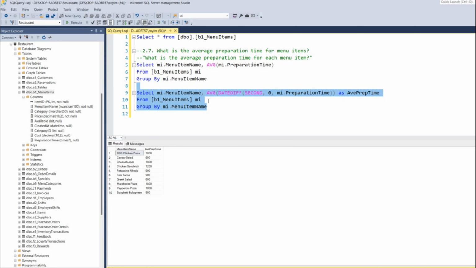Now for each menu item's preparation, this is the average time. We have to supply this average time inside a date add function. So for that I'll write it as date add,